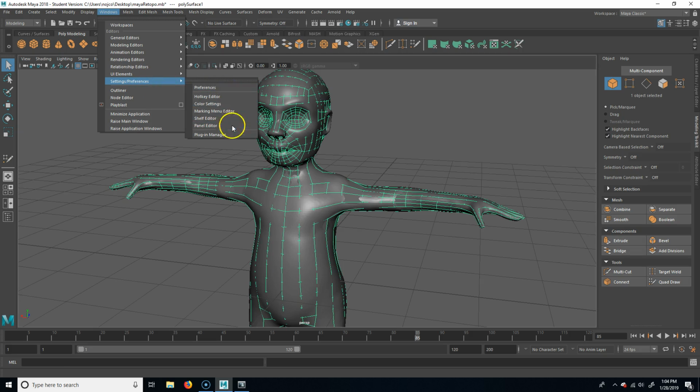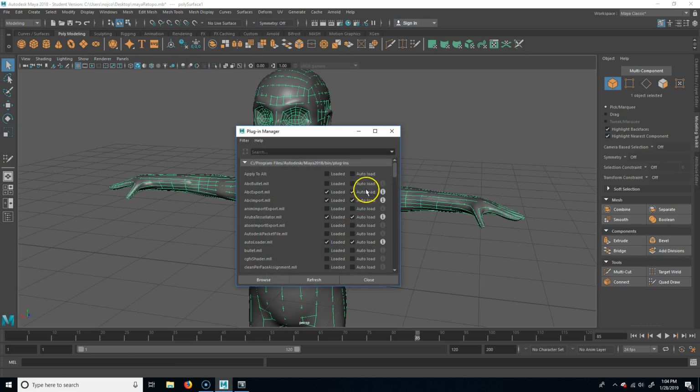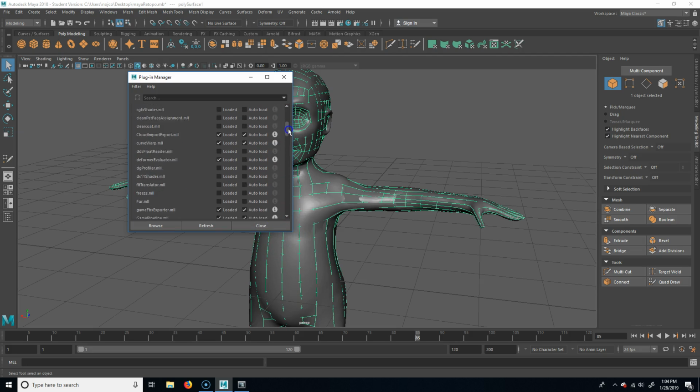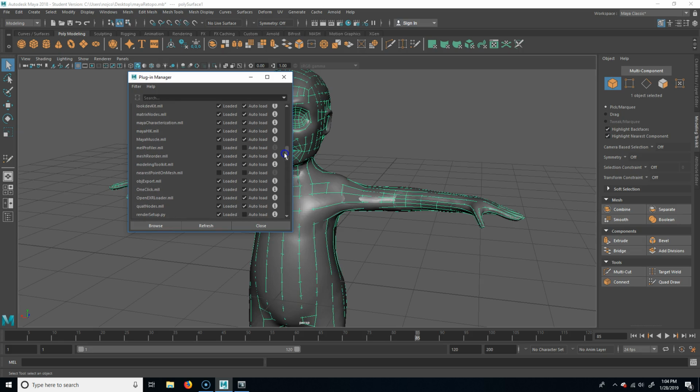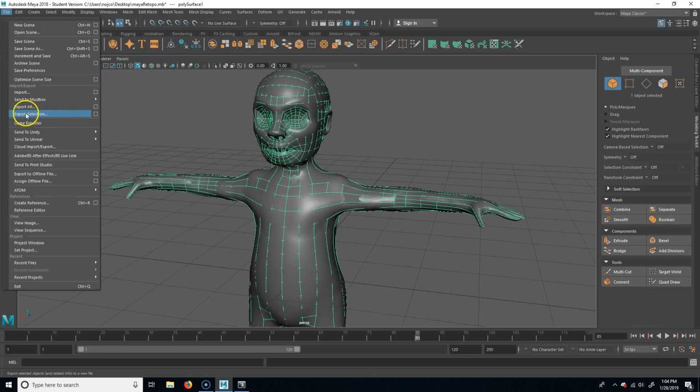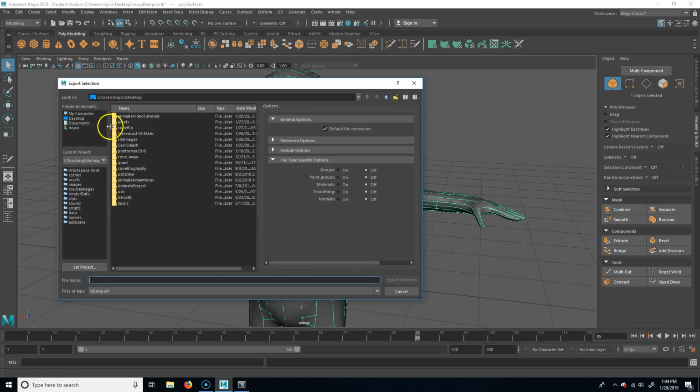Settings, Preferences, Plugin Manager. OBJ is just a generic modeling format. This will allow us to export this out so that it's not so Maya specific. This will probably be off on yours, but you see where it says obj export.mll. Click on loaded and auto load, and then you can just close it. And then what you want to do is have the model selected and go to file, export selection, and I'm